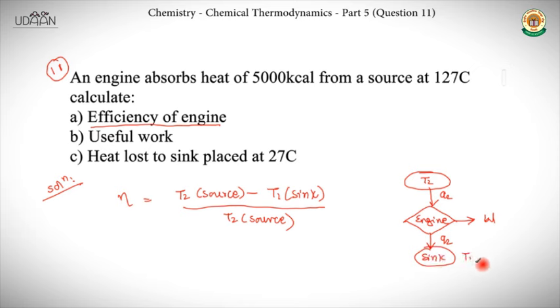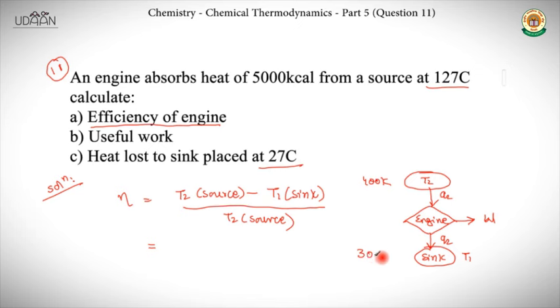This temperature is T1. So in the first part, we need to find efficiency. Here T2 is 127 degrees centigrade, in the sense 400 Kelvin, and sink temperature is 27 degrees centigrade,